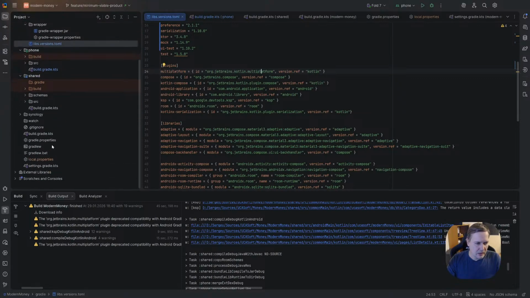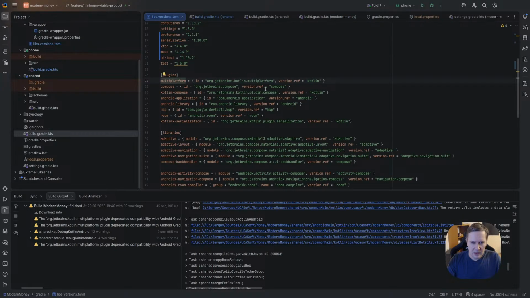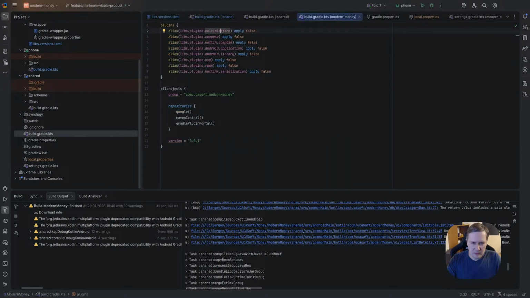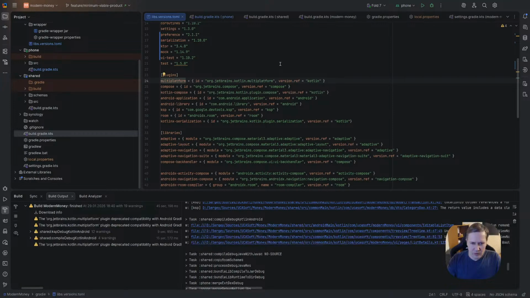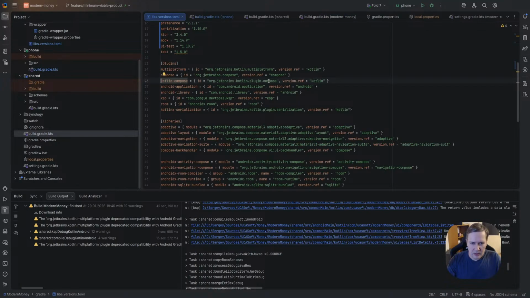So again, here we have multiplatform. Okay, I guess it's Kotlin multiplatform. We have Compose. We have Compose compiler. No, we don't have a Compose compiler. We have Kotlin Compose. Plugin Compose, just Compose. So I'm not sure what is what.